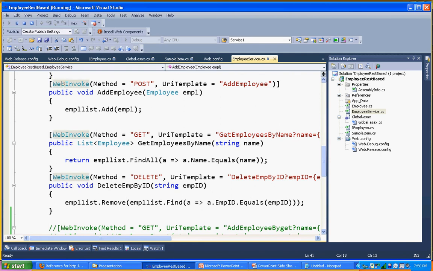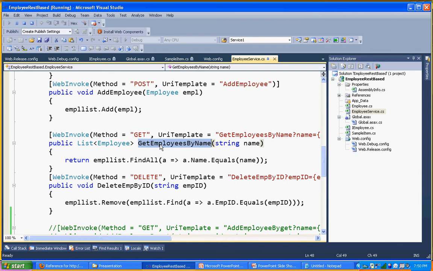You need to decorate all your operations with the WebInvoke attribute, and specify the method your operation is going to support: POST, GET, DELETE, PUT, and so on. For AddEmployee, I'm taking the employee object as the input, so I specified this as a POST. To access this operation, you need to pass the employee object as the post data, and the URI template I gave as the same name as the operation.